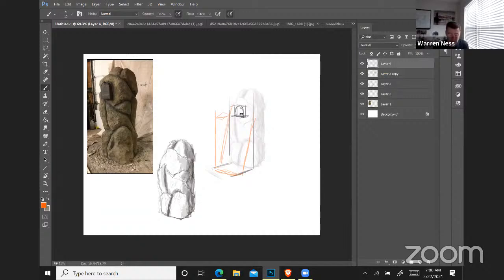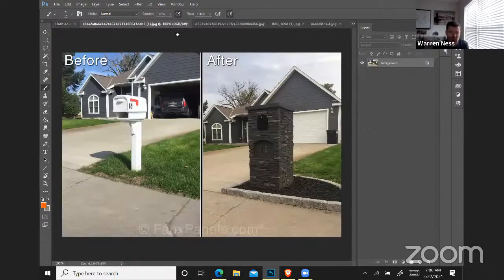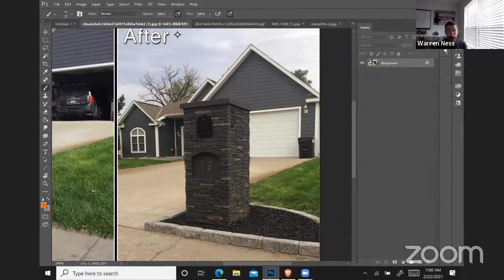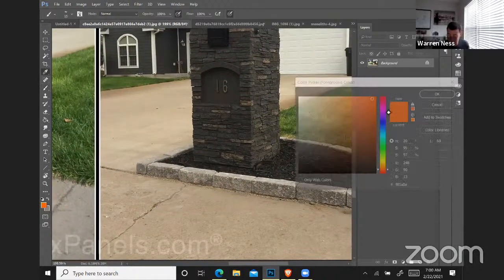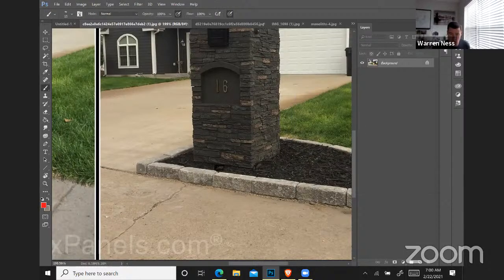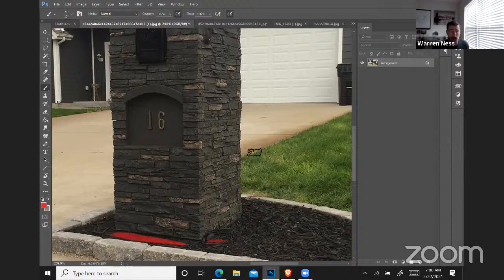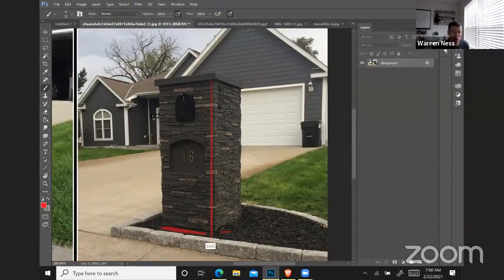All right. And I actually have some images here. Let me see if I can bring up some. All right. Here's image number one. Nothing really super sexy here, but what we're looking at is high in functionality, right? It's got an address number built into that. Okay. It is backed off. It's not right on the edge of the landscape. In this distance here, I'm going to grab that red. So this distance right here, he's got a little bit of mulch. A lot of times that's right up on the sidewalk. That could be the sidewalk. So even though he's plumb here, because this is more of an architectural look,